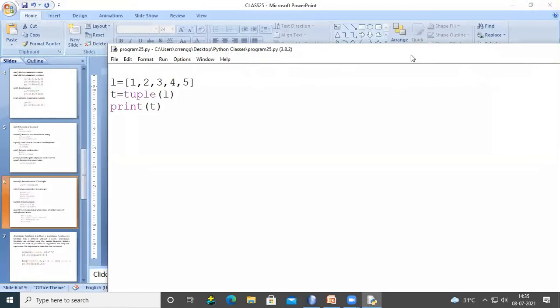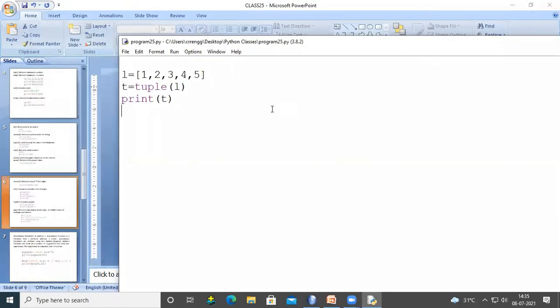Next one, zip function. I take two lists, for example L1 and L2. In L1, I store 1, 2, 3. In L2, I store 1, 2, 3. Now I combine these values by using the zip function.